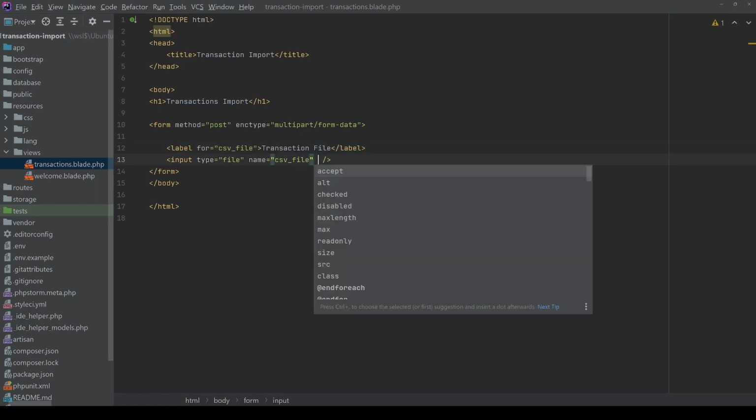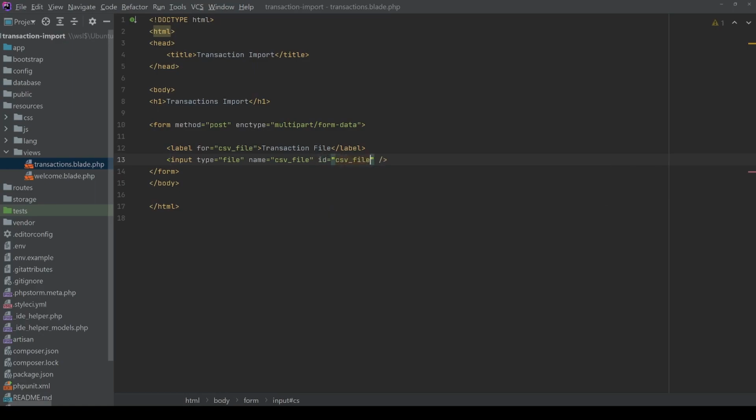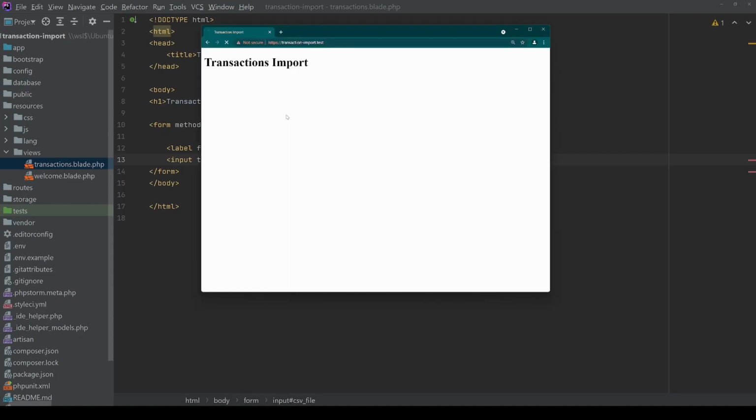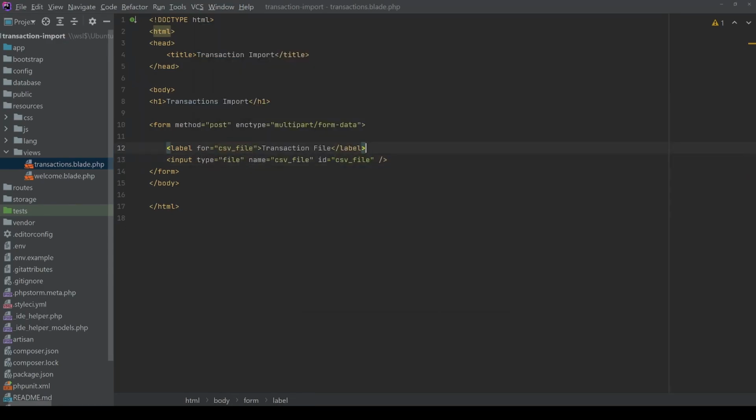And then let's give this an ID so that the for on the label has something to attach to. All right, let's see what we've got here. Okay, great. We've got the label and then we've got the input file, but let's add a break here so that it looks